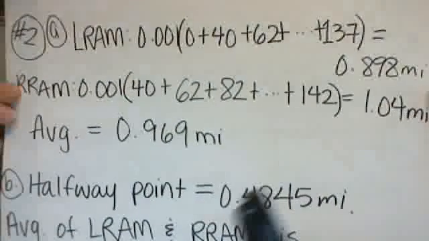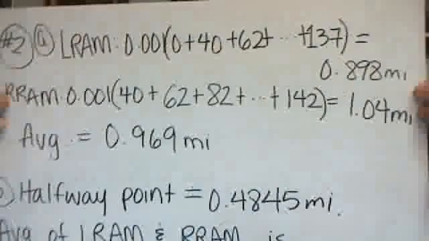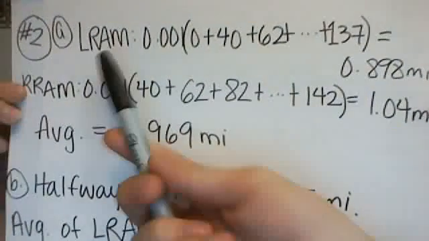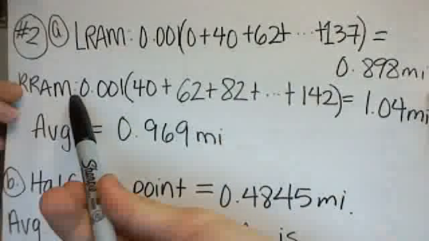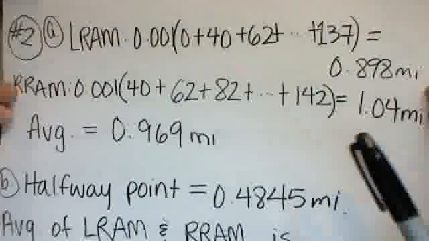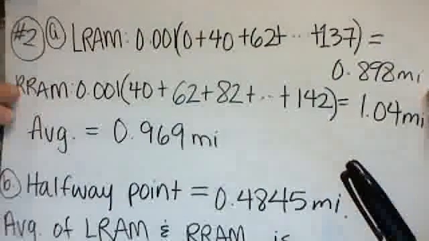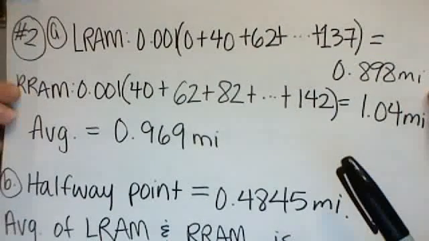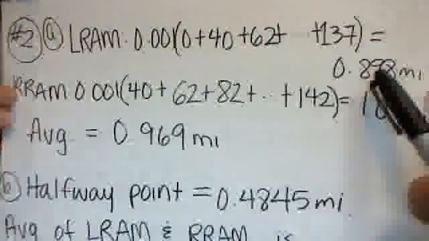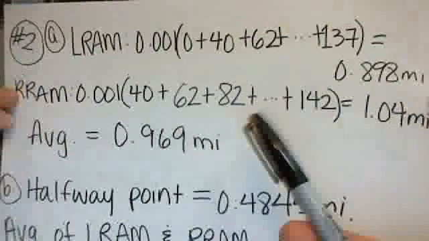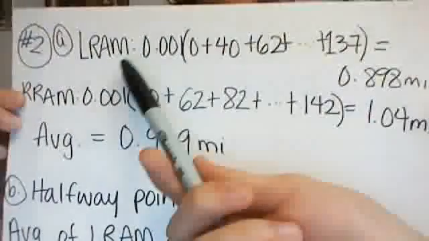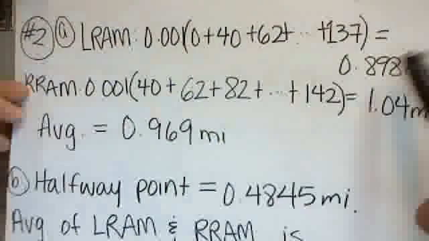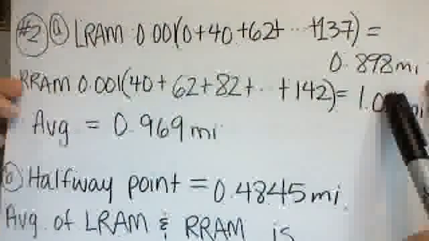So what we're going to do is use the left rectangular approximation method and the right rectangular approximation method, and we're going to take the average of those two, because that gives us a better approximation of the amount the car traveled, because it basically takes the average of the two. So we plugged in the values for the left rectangular approximation method and got 0.898 miles that it traveled, and